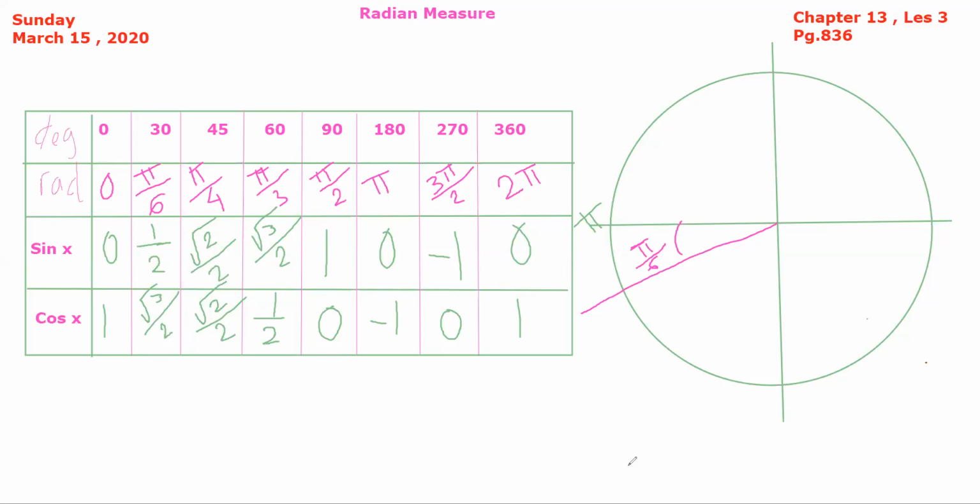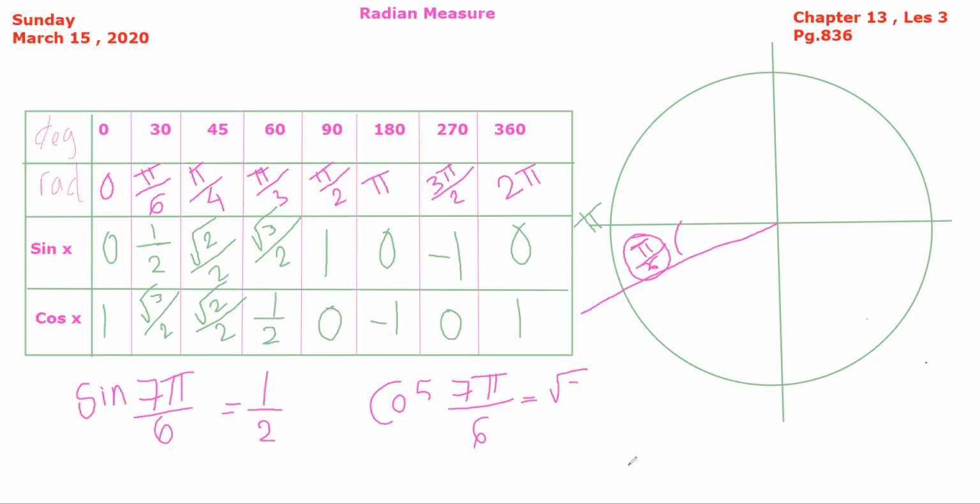So the sine of 7 pi over 6, which is the same as the sine of pi over 6 because it rotates with pi over 6 from here, is equal to 1 over 2. And the cosine of 7 pi over 6 is square root of 3 over 2. It is the same as the cosine and sine for pi over 3, but